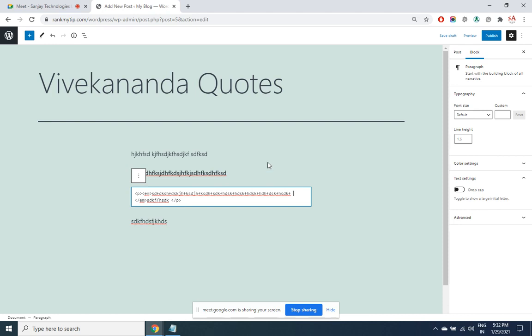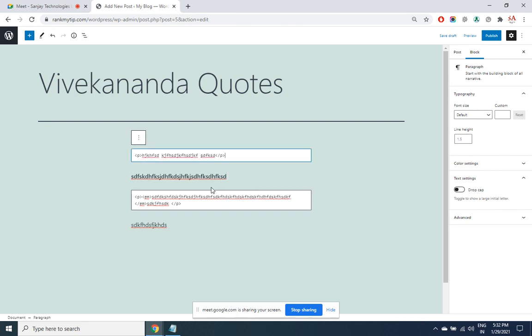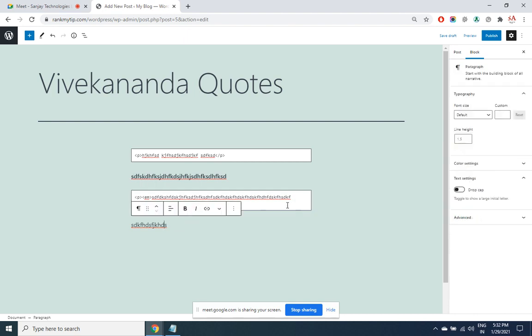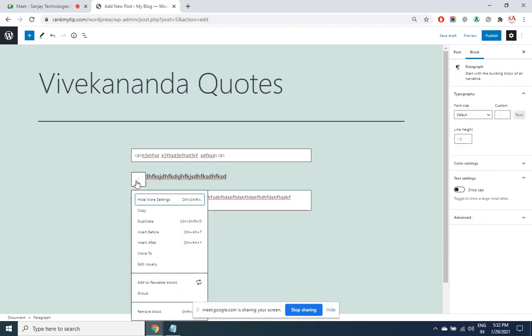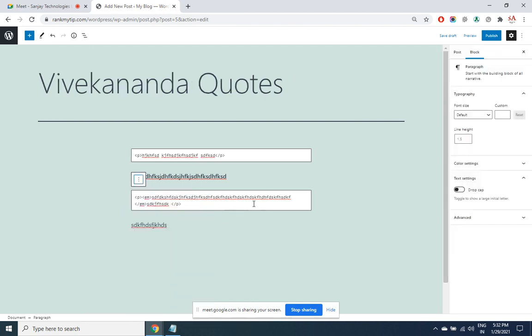So even you can import and export. We have changed the interface here.